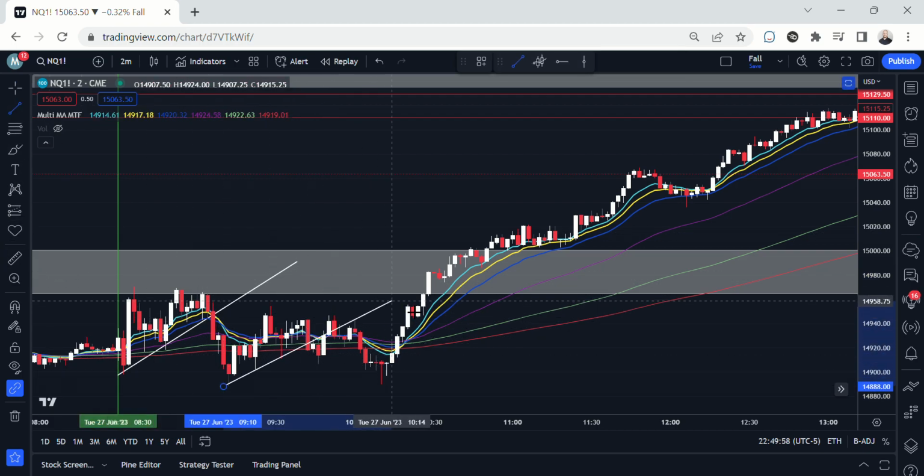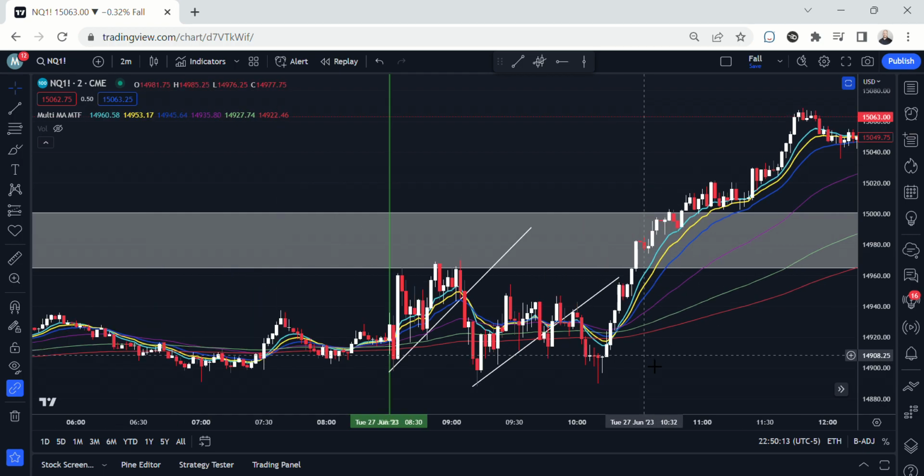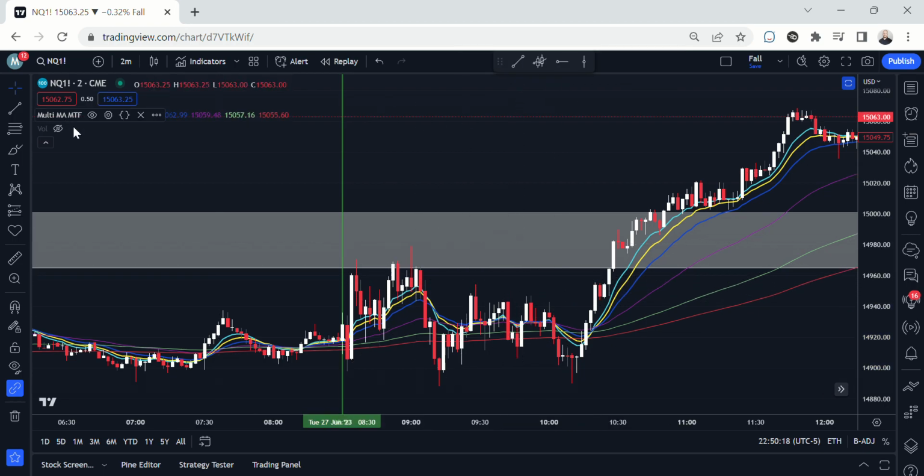I had this trend line drawn out, and as we went under the 200 and back tested, and then we basically had a 3-bar play to the downside right there, I got caught offsides in that one and then got stopped out. So yeah, not the best play, but one of the things that we had pointed out in the Team 2 Discord,